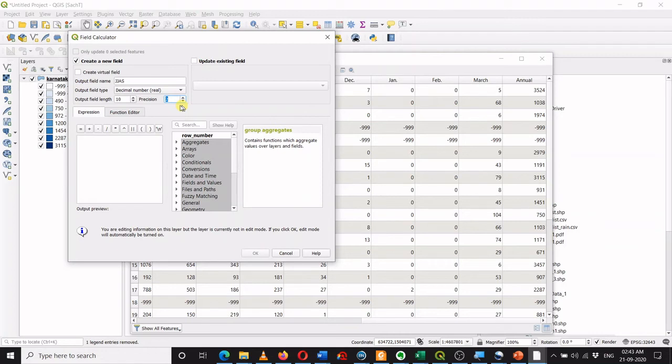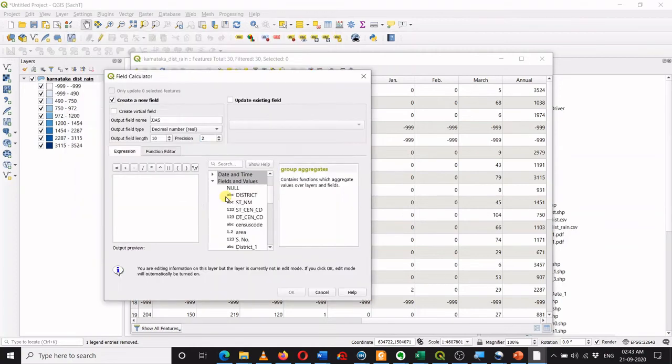Then I want it to add the June, July, August, September rainfall. So I will go to the fields and values, and these are all the fields present over there.